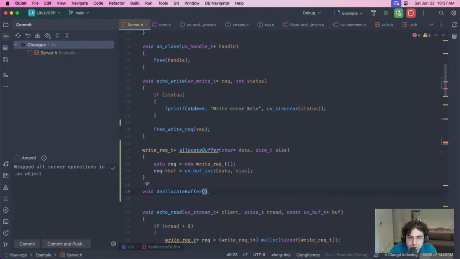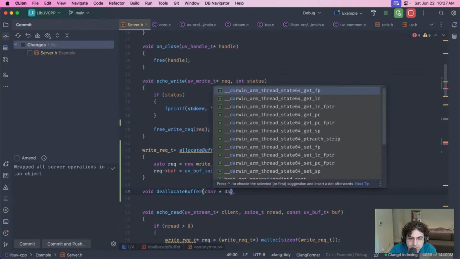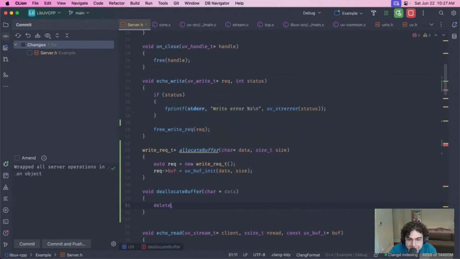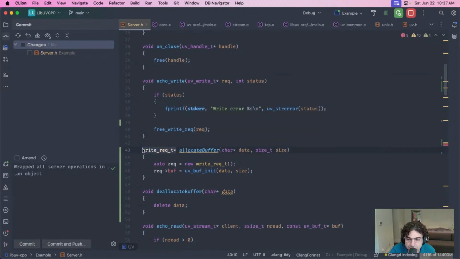Deallocate buffer, it will take, I guess it's fine, right? I guess just the data. It would just be delete, right? That's pretty much right. Or sorry, let's take this, not char data, but this thing, and this would